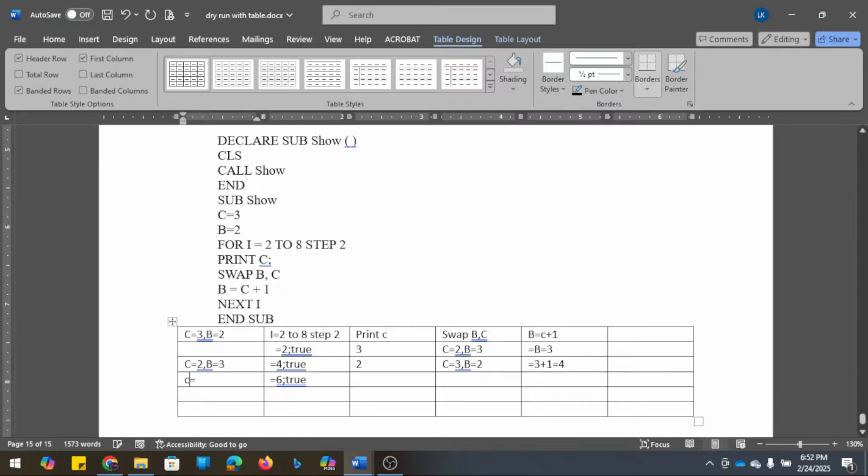No, there is a mistake I think we have done here. B is 3 here. Fine. So B becomes 3 here.